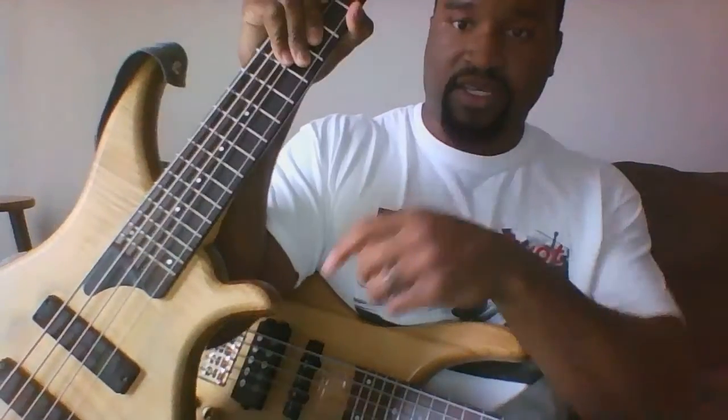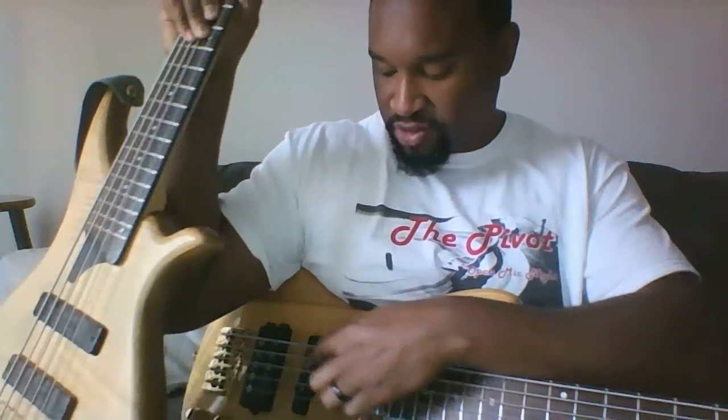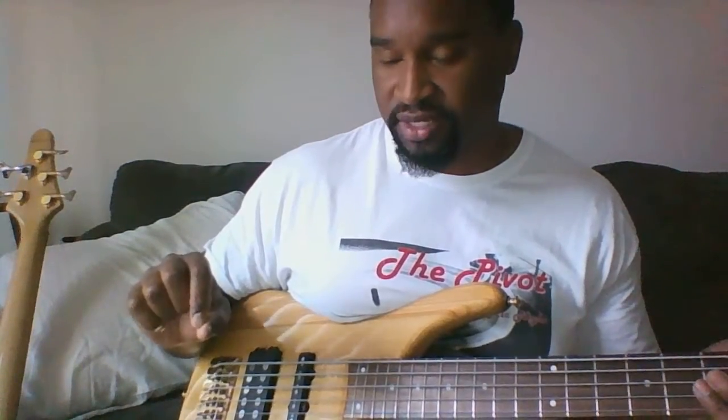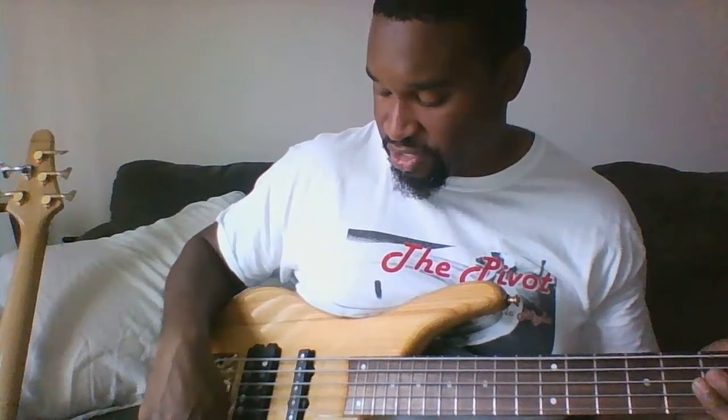These are like zebra pickups or soap bar pickups compared to a humbucker and a single coil, which sounds totally different. Now, if I had just a bridge pickup on my Fender bass, that would be a single coil, and it would sound a little bit different. But overall, I like using my bridge pickup because I can use